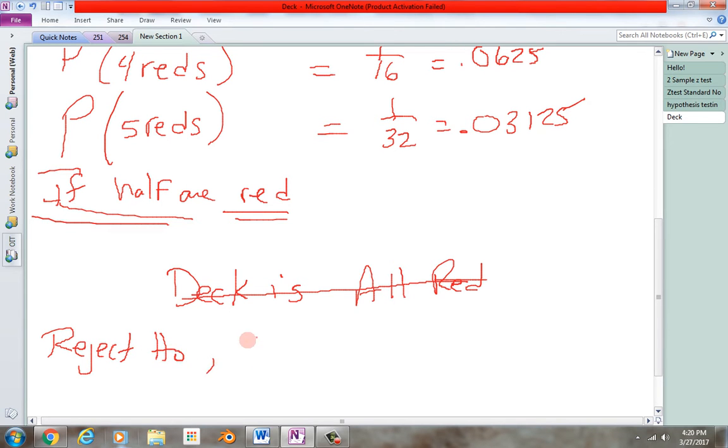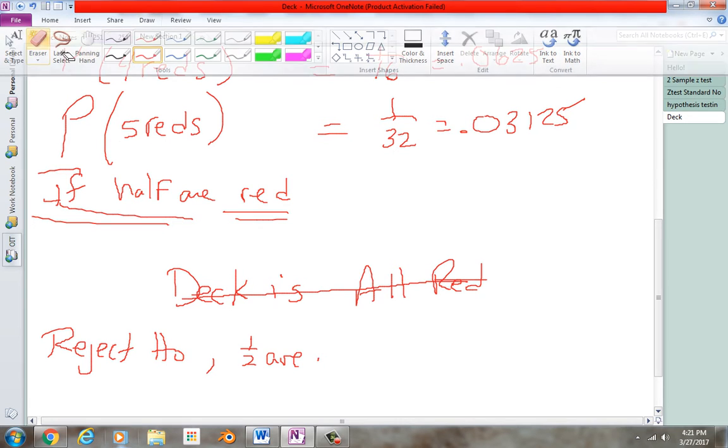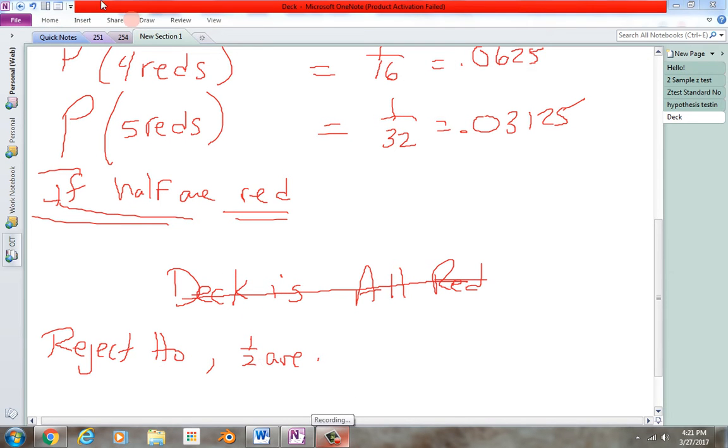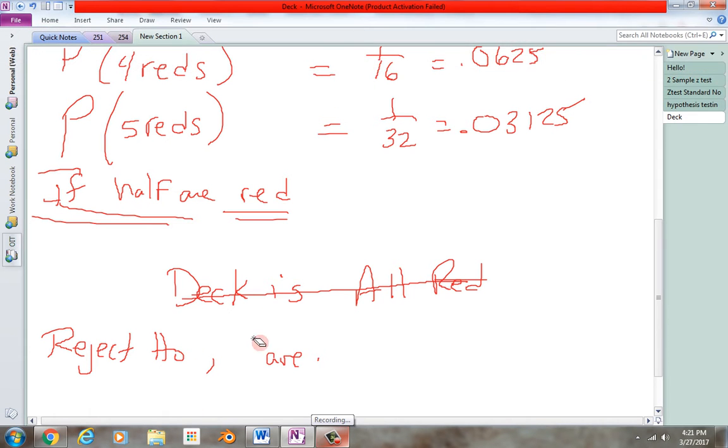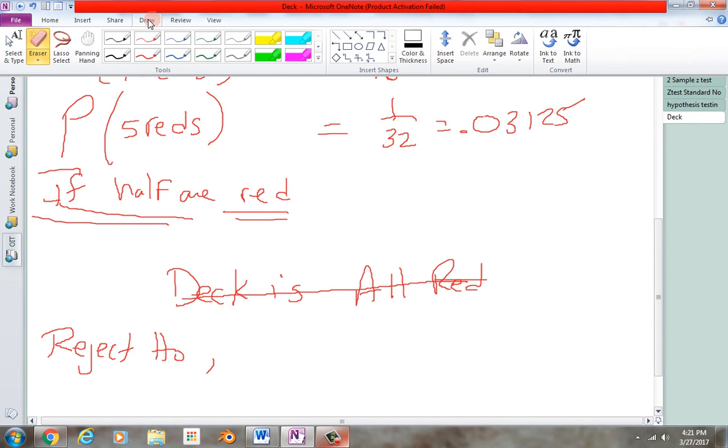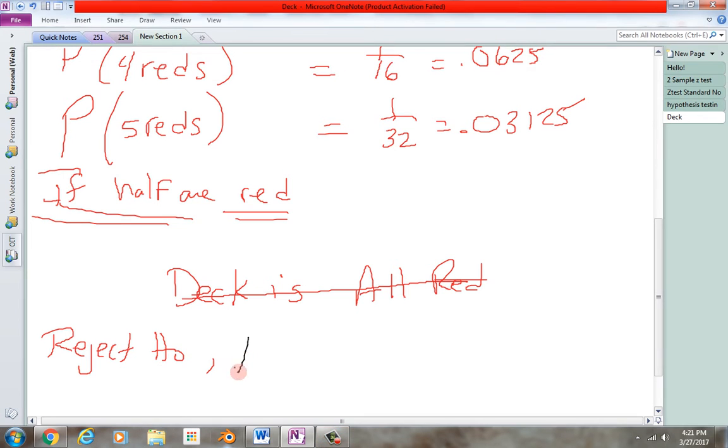You can reject the idea that half... or I should say maybe the percentage of reds is not 50-50. Maybe I'll do it that way. What you can say is this. You can say something to the effect of, well, I don't know what the percentage is, but it ain't 50-50 anymore. Okay? The percentage of red